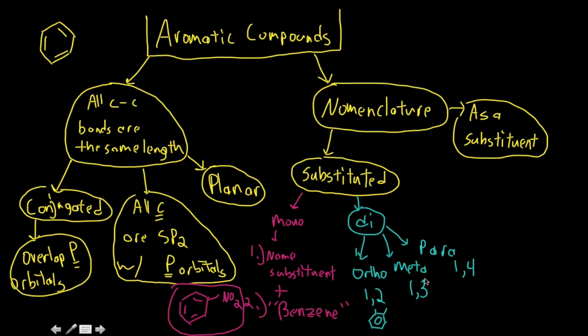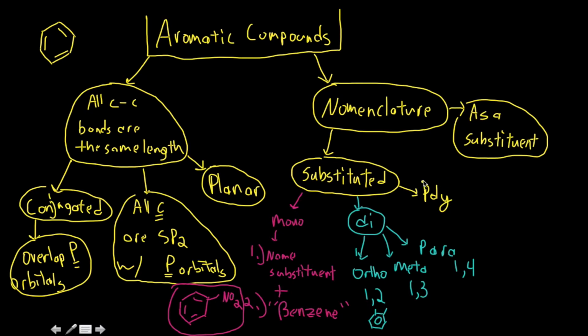I think you can imagine that this would be 1 and 3. This would be a substituent at 1 and 4, on opposite ends. And these each have different reactivity and different reasons why we would have those. We'll go into that in a later video. The other thing that we could say, though, about substituted ones is that there are always